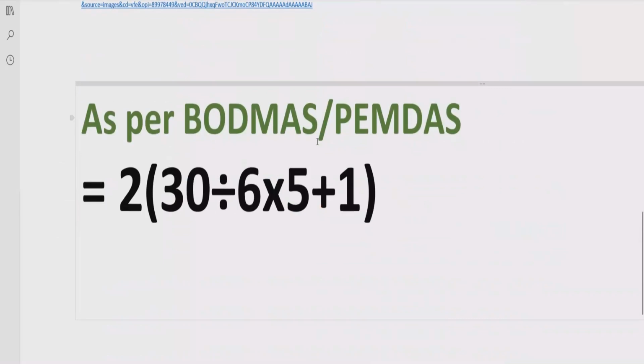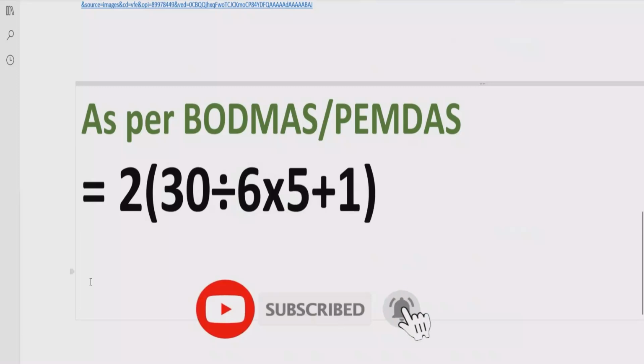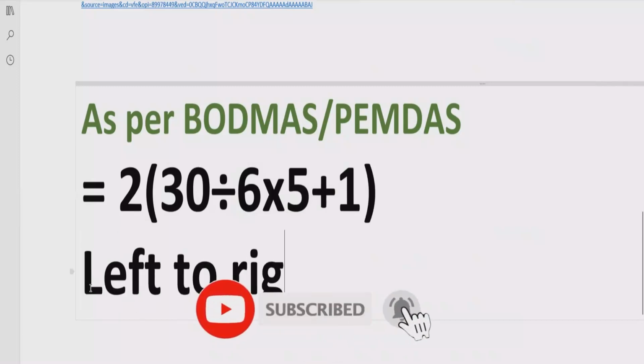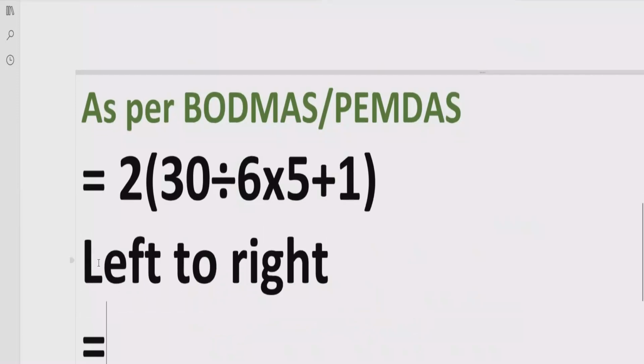According to the BODMAS and PEMDAS rule, we have to solve the bracket first. So inside bracket, we have three operations. So first of all, we have to solve division and multiplication. What we will do, we will go left to right in this expression and find out which is coming first. So first we have